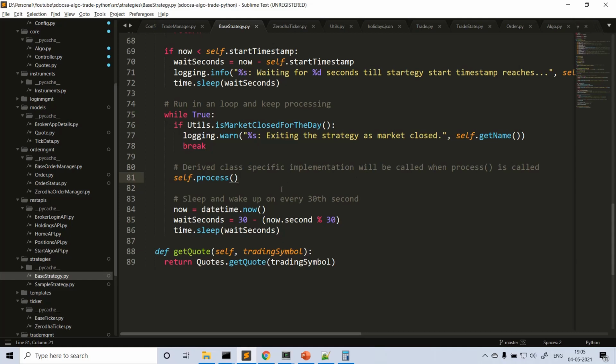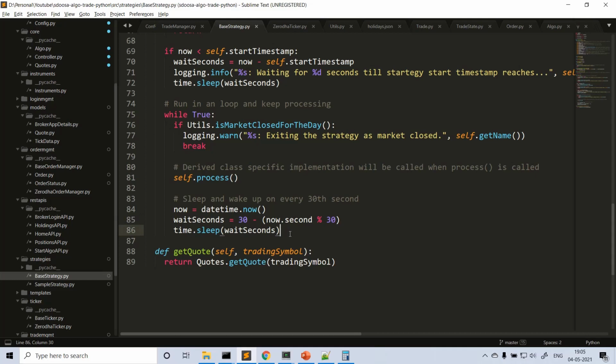And the logic can be at different intervals. It can be at 9:30, 9:31, 32 or whatever, and you can do different operations. Inside a while loop, not exactly every 30 seconds, precisely I am waking this thread on every 30th second.